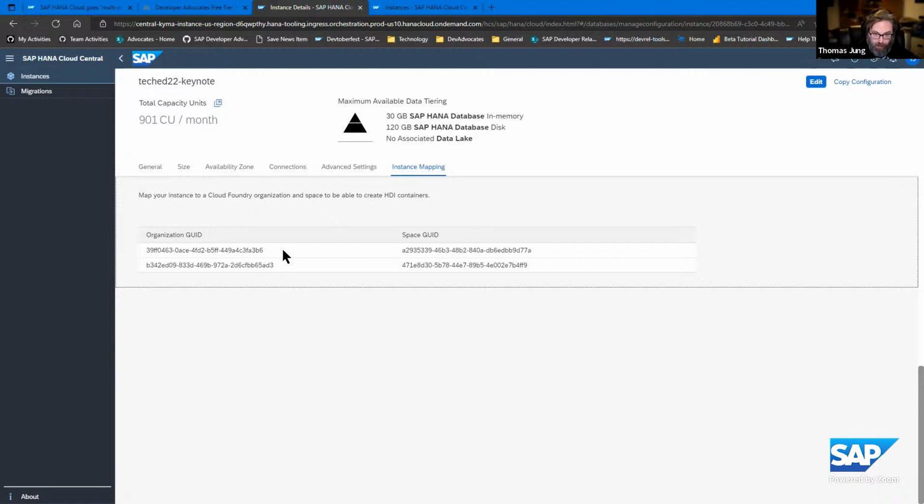So while I can provision an entire HANA Cloud instance at the sub-account level, I still need Cloud Foundry to provision the HDI containers. And therefore, I need a way to provision HDI containers, but then access them from the Kyma side. And this is what I'm going to show you next: how can I take this HANA Cloud instance that's at the sub-account level, but create HDI containers at the Cloud Foundry level, and then expose those HDI containers to Kyma. A little complex still, and we're on the road to hopefully make this easier in the future